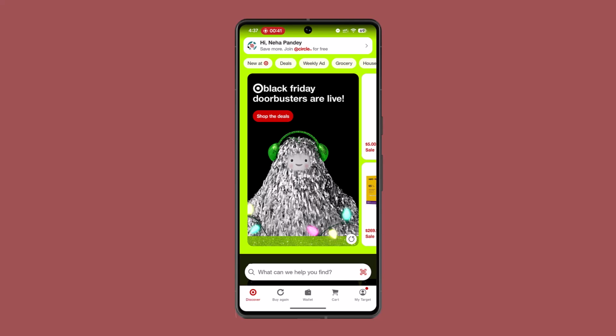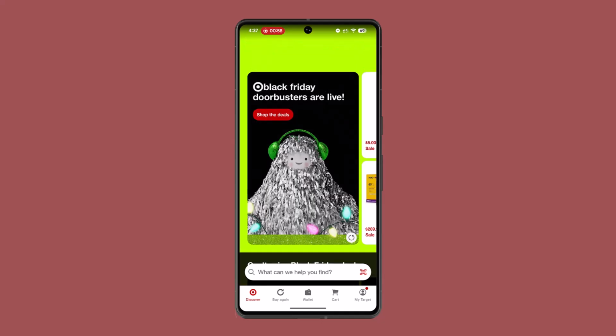Now, if you want to redeem online, you want to first of all sign into your Target account, and during checkout your available Target Circle reward can be applied as a payment option. Then you can just look for the checkbox or toggle option to apply your balance to the total purchase amount. So basically what you want to do is look for the item that you actually want